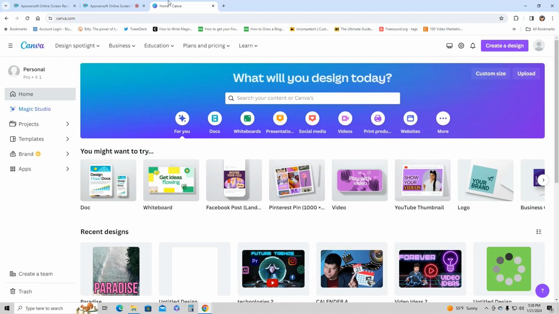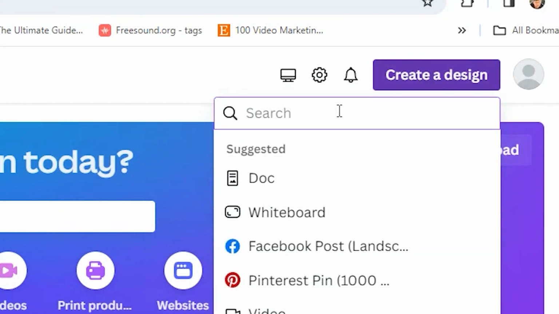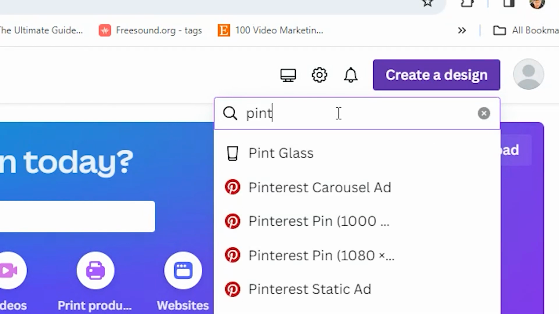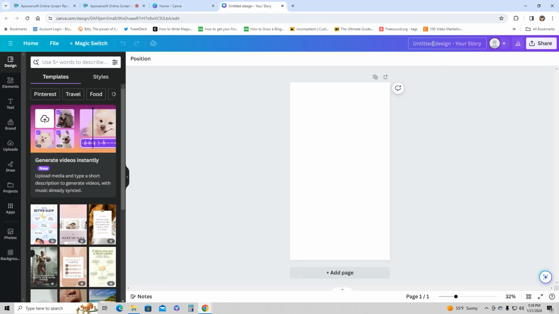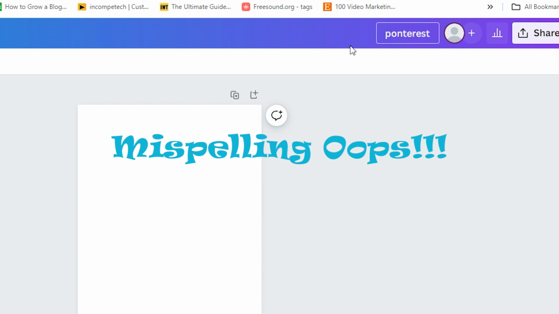And here we are in the Canva home screen. Once you log in after you have created a Canva account, go to where it says create a design. Just click on it and then type Pinterest, so you can find the exact one that we need, which is this one that says 1080 by 1920. Click on that, and once you arrive here, go ahead and type in a random name, the name that you want to. I'm just going to type Pinterest video,